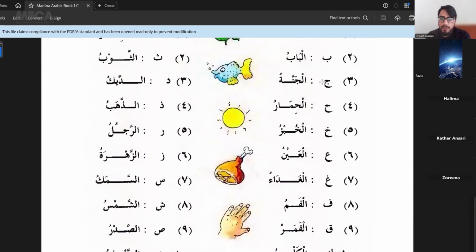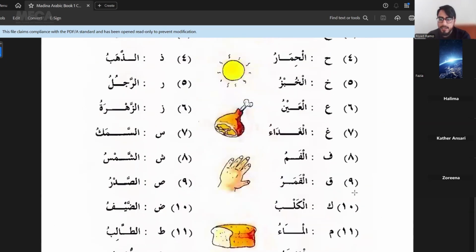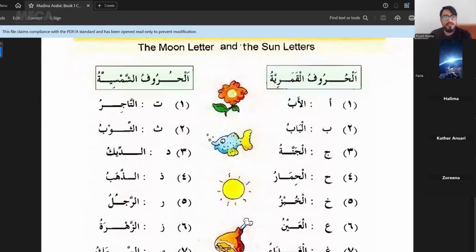Okay, so for all of these, 14 letters on this side, I'm pronouncing the L sound. Is that clear so far? Okay. And as for the other section of the alif lam letters,